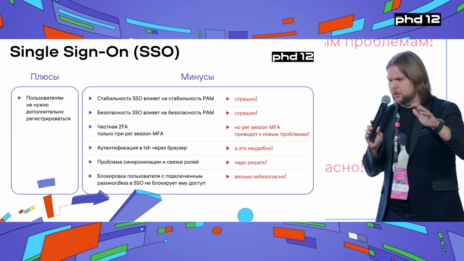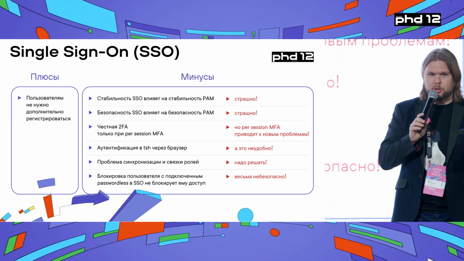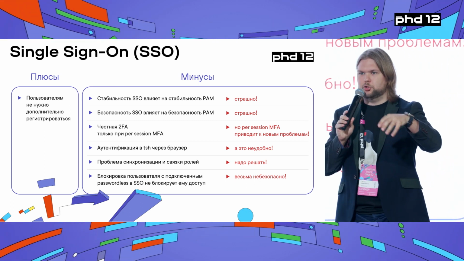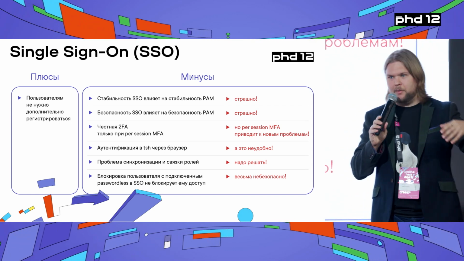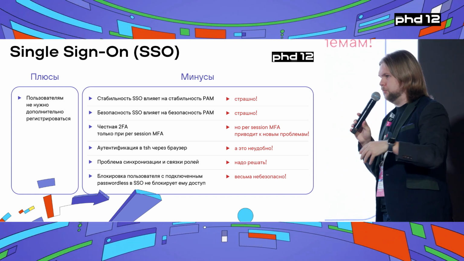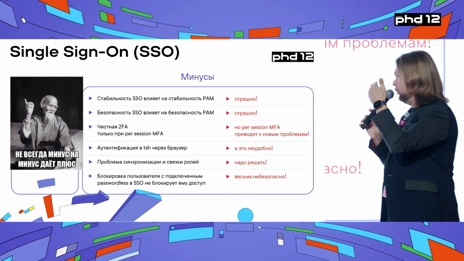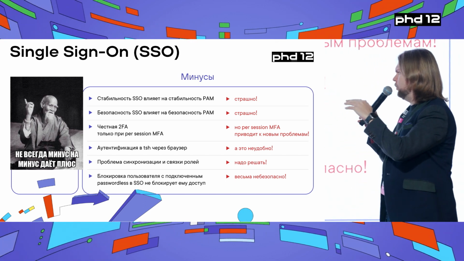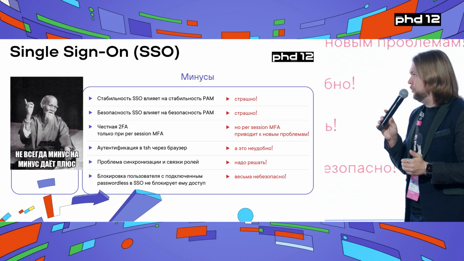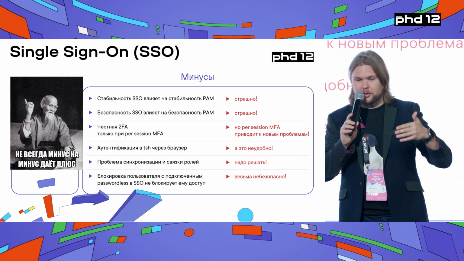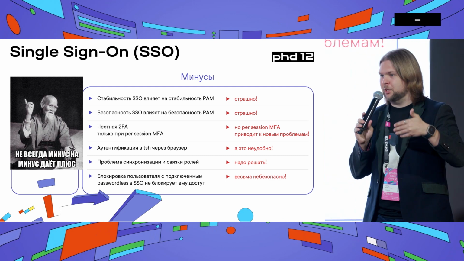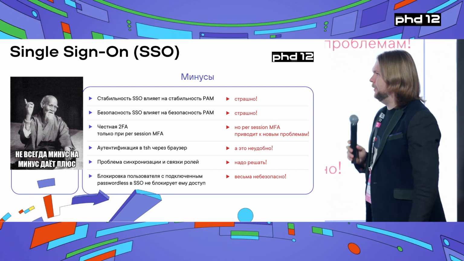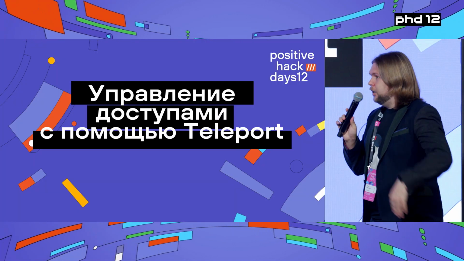I will not deep dive into them, but in a nutshell, your stability and security would be impacted by the stability and security of your PAM. Compromising the SSO provider would entail compromising the PAM. Also, there are a number of other technical problems, and there are aesthetic problems. For instance, authentication through the TSH utility would require opening up a browser, and Linux users never like that.